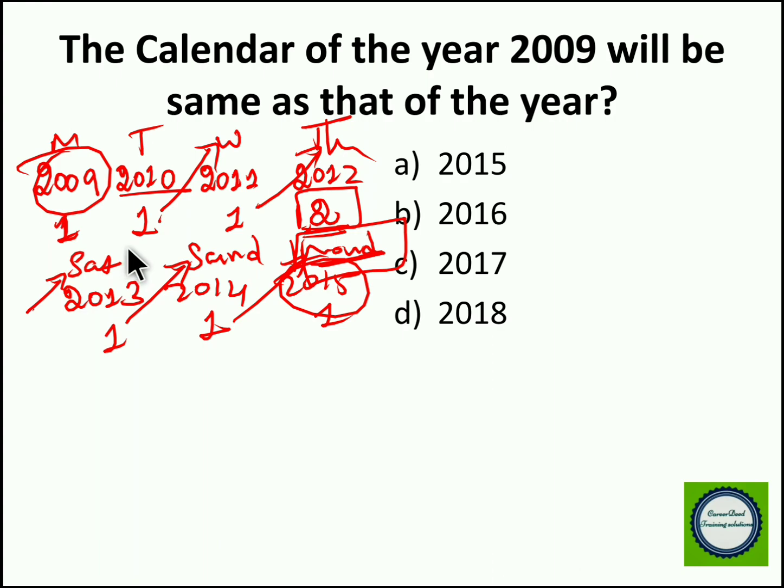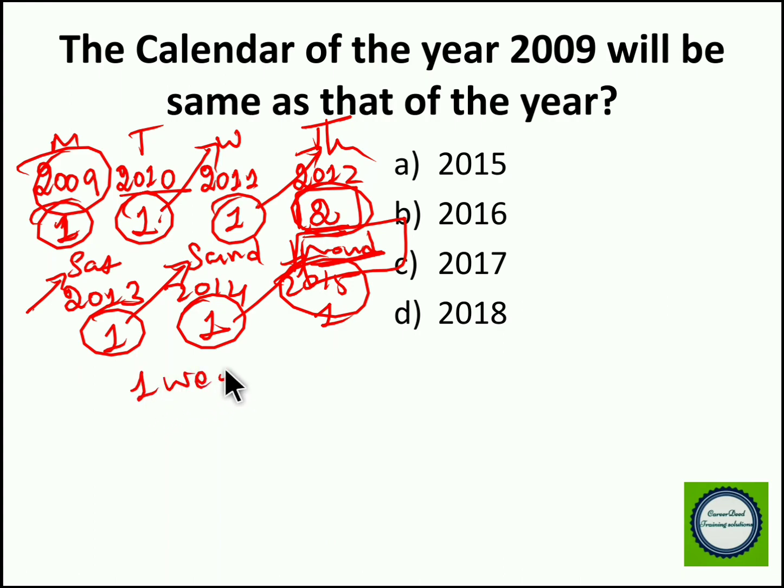So here you have to compensate the odd days to one complete week, because 1 plus 1 plus 1 plus 2. So it's totally 5, 6 and 7. So the 7 days will make a complete week. So the only thing you have to do is convert these odd days into weeks. So for this you have to take each year's odd days into account and consolidate them. Now this process is a little complicated, right?